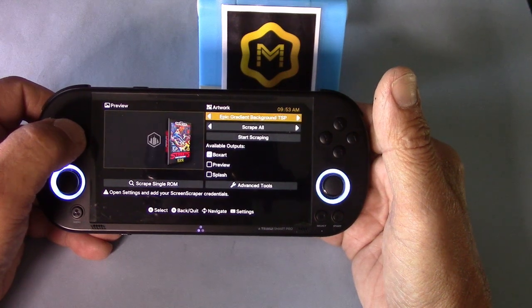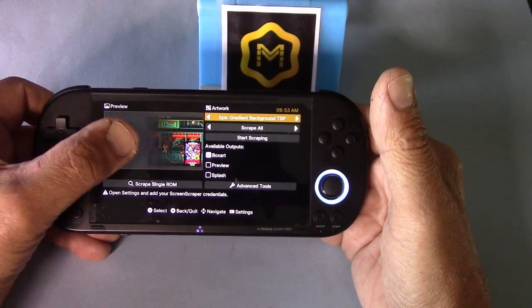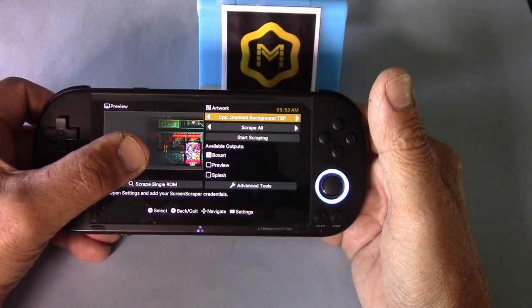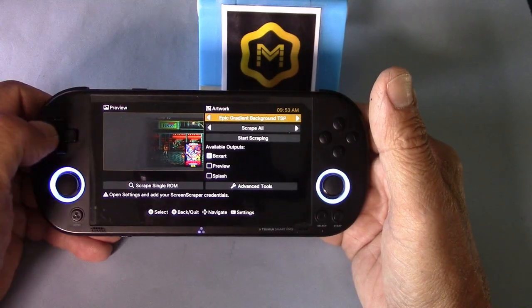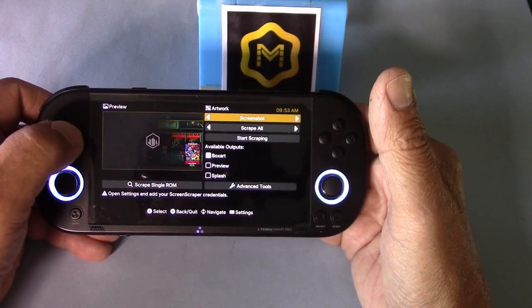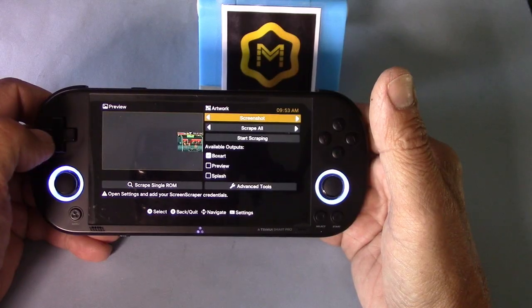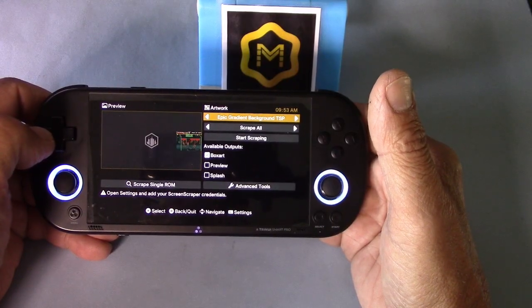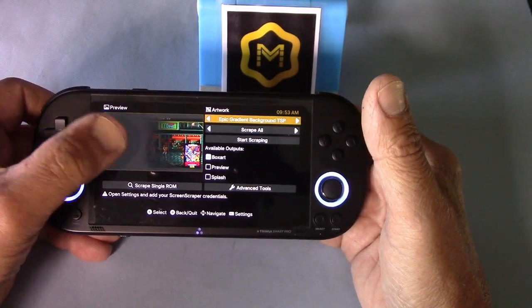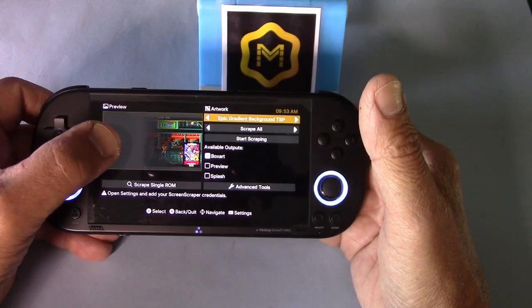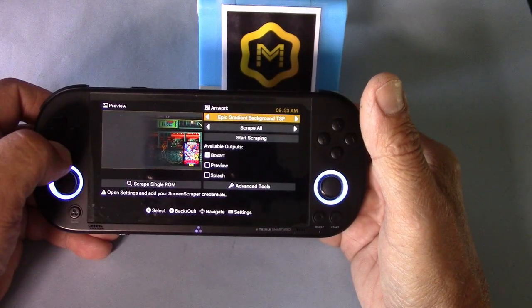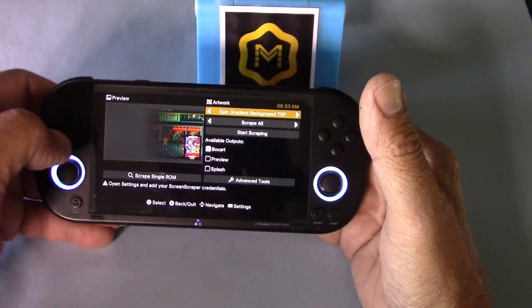We can look at the background here. So we've got a background of the game as well as the image of the cartridge. We keep going, and it brings us back to a screenshot. So there's quite a few different options. The one I like right now is the Epic Gradient background. So I'm going to go ahead and select that, but what we'll do is we'll go into some of the